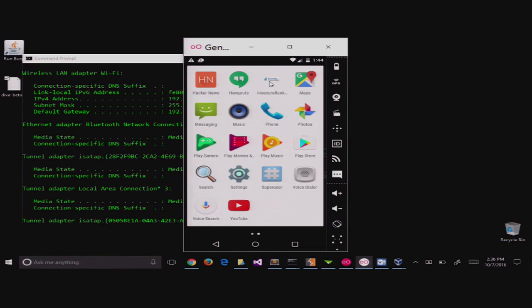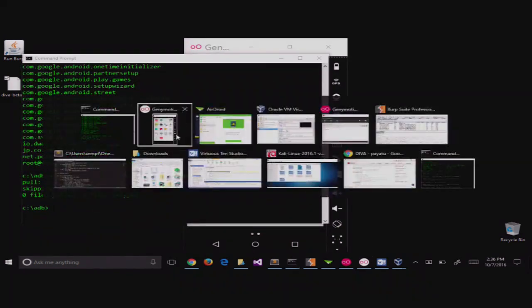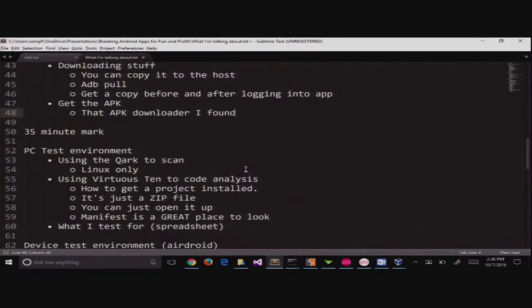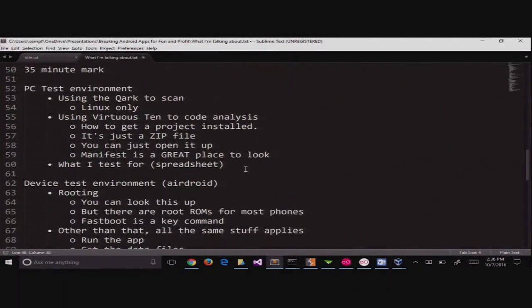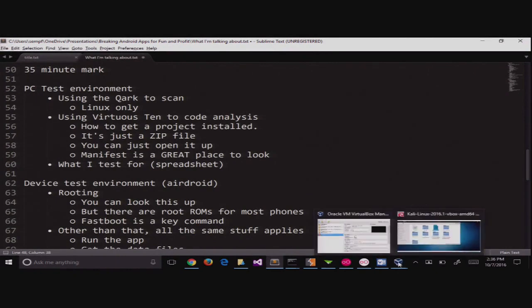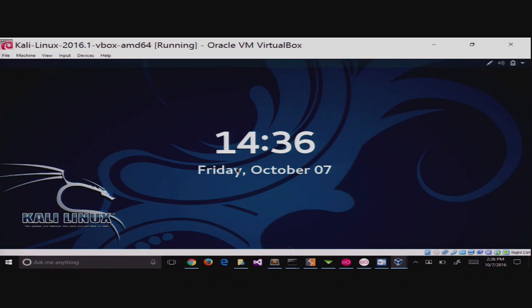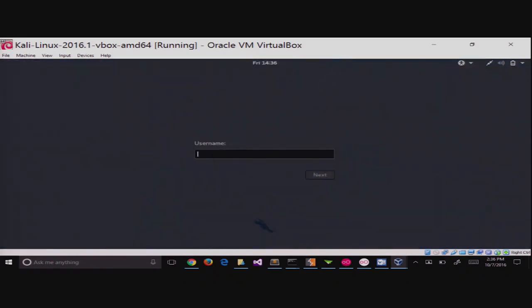Now that you have the APK, there are other interesting things you can do too. Let's talk a little bit about the PC test environment. Once you have the APK, there are a bunch of scanners out there. Some of them are downright neat, but none of them are perfect, and people are building new ones all the time. In fact, I've started publishing some of the scripts that I use to my GitHub, in hopes that one day I'll be able to wrap them into a larger-scale active project or roll a project of my own someday.